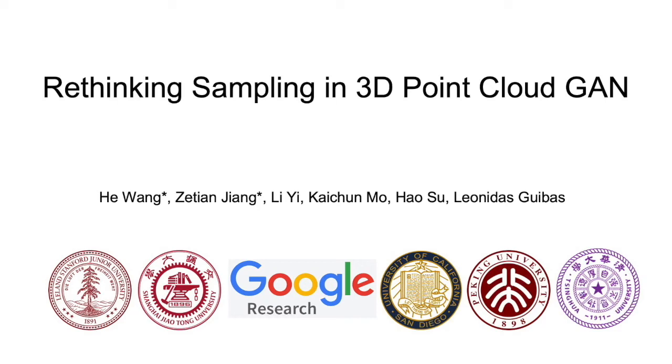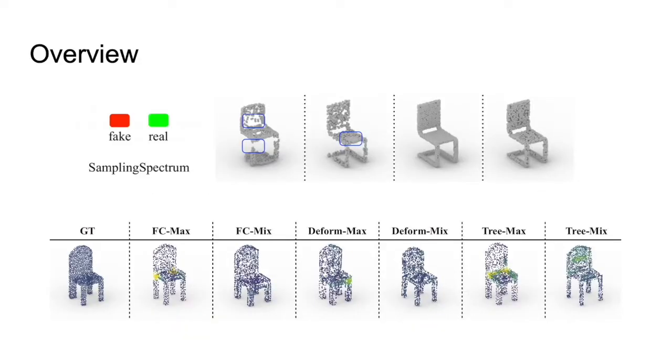We introduce our work on rethinking sampling in 3D point cloud generative adversarial networks. In this work, we examine the long-neglected yet important effects of point sampling patterns in point cloud GANs. Through extensive experiments, we will show that the sampling sensitivity of a discriminator is closely related to the generation quality